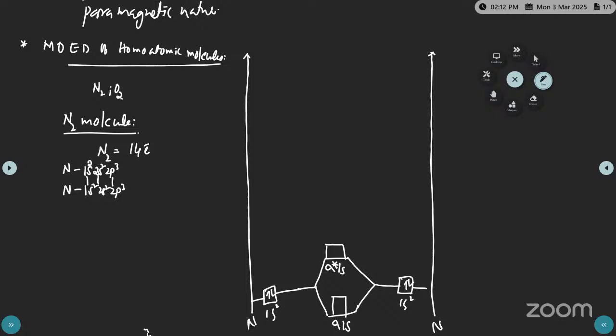ఓకేనా? రైట్. సో హౌ మెనీ ఎలక్ట్రాన్స్? 2 and 2. So these 4 electrons, the molecular orbitals on the basis of above Hund's and Pauli's principle. So the electrons are filled in lower energy molecular orbital followed by higher energy molecular orbital. What is the principle? According to which principle the electrons are filled in the lower energy level first and followed by the higher energy level? Principle. Based on the above principle, electrons are filled at lower energy molecular orbital followed by the higher energy molecular orbital,